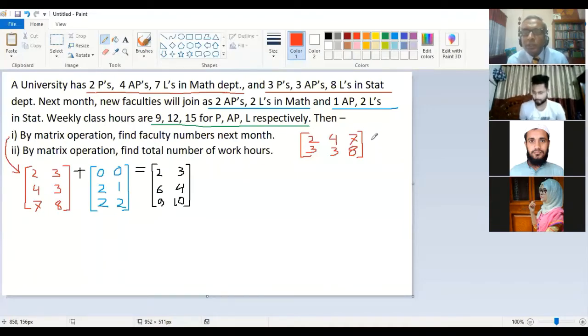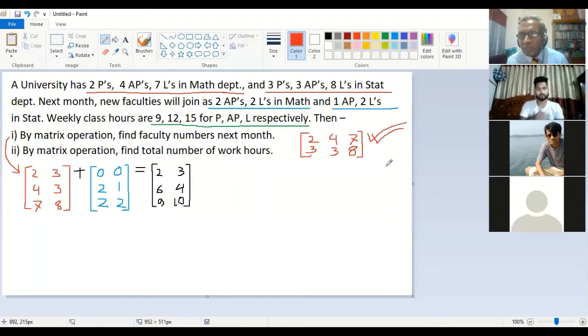Tell me what you think. If someone makes the matrix in the exam like this one, the right side one, what I have written, will it be okay or will it be wrong? Sir, it will be wrong. So someone is saying it will be wrong. Okay, what is Shabab saying? Because there is no restriction here. Okay, sir, then the second row will be like 0 2 2, 0 1 2, right? Yes, Shabab is right.